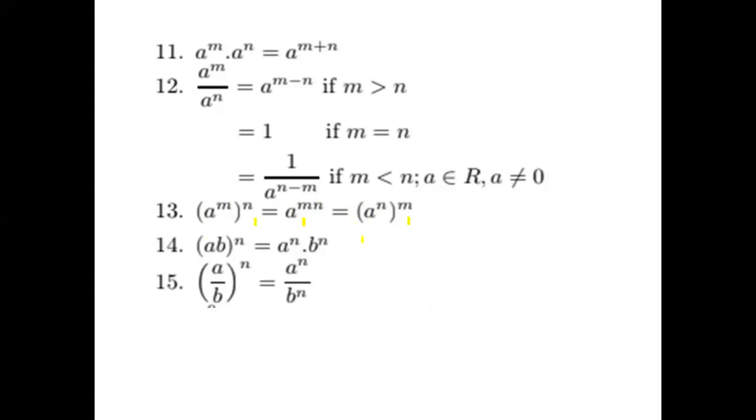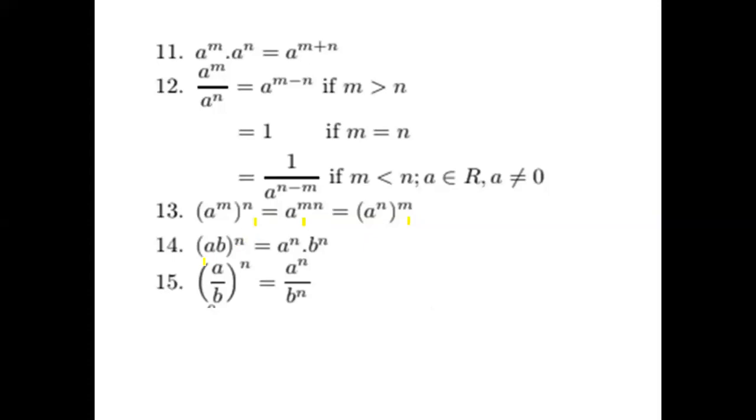Okay, so whenever I ask you what is 2 raised to 4 raised to 2, what do you say? 2 raised to 8. 2 raised to 8, very good. You will not say 2 raised to 4 raised to 2 means 4 square. This is wrong. Originally it is 2 raised to 4 and raised to 2, those powers are multiplied. So 2 raised to 8 it is, okay?